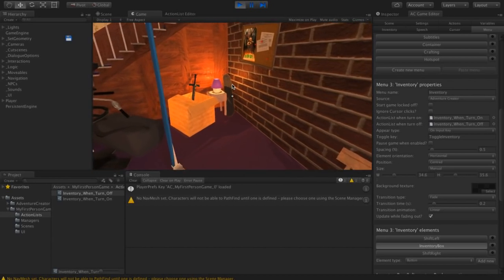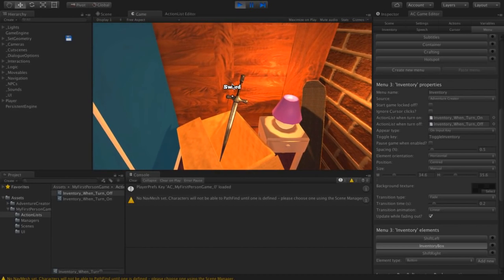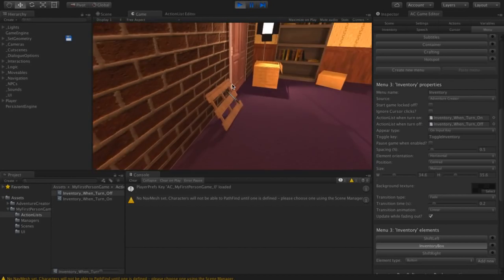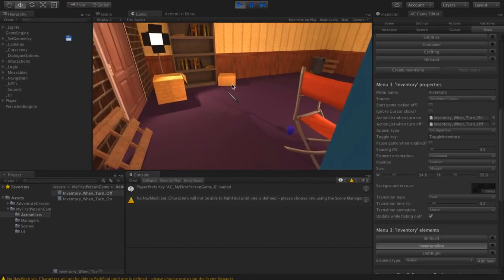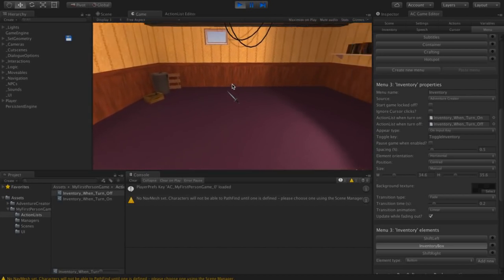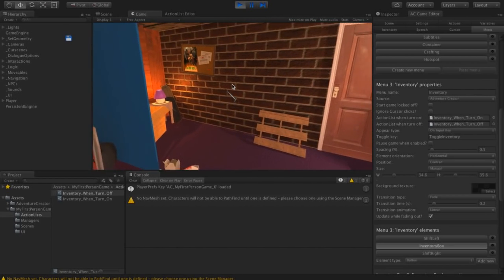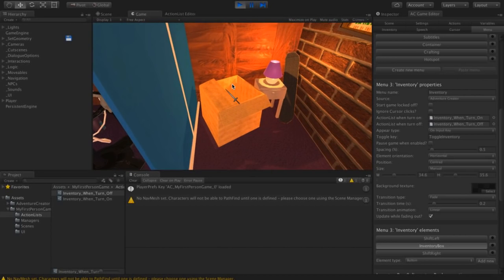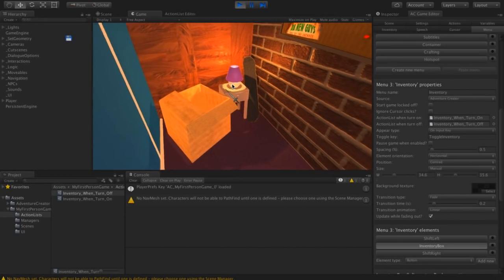Now, when we go over and pick up our inventory item and open it up in the menu, you can see it appears here, and then when we click on it, it becomes the active cursor. And so when we close that menu, the cursor, which is now locked in the middle of the screen, shows the inventory item in the middle. And well, that might not be suitable for all games. That probably doesn't look very good, particularly if you have big inventory item graphics.